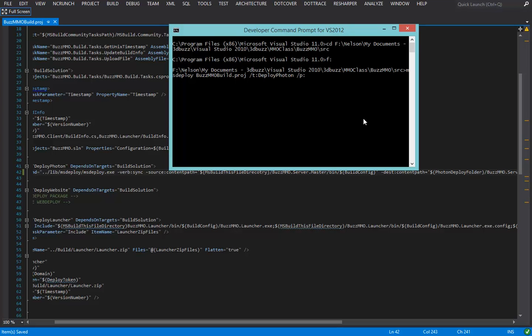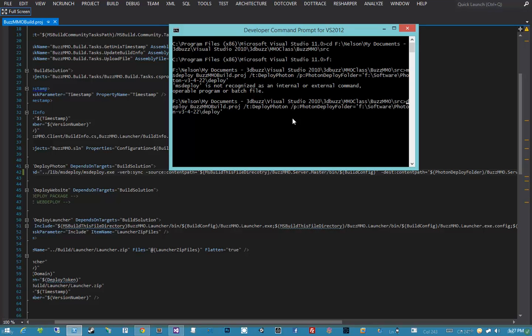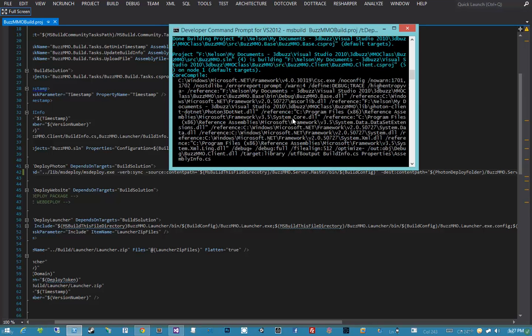/p:Photon deploy folder equals, and then instead of quotes, I'm going to pass in the deploy folder for Photon. My deploy folder is going to be f:/software/Photon-version 3-4-22/deploy. Then I'm going to hit enter, and we get MSDeploy, or whoops, I mixed up MSDeploy and MSBuild again, didn't I? The command is MSBuild, not MSDeploy. Hit enter,